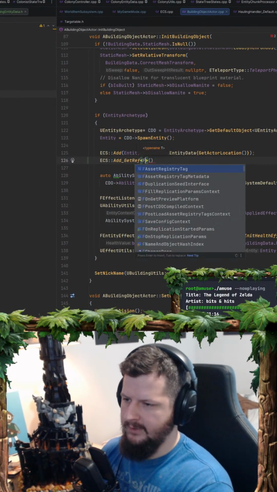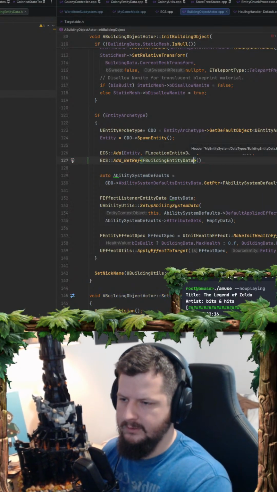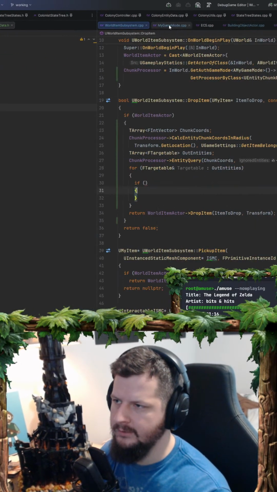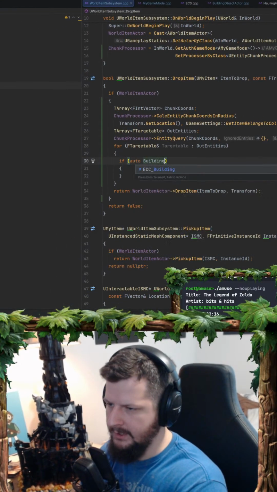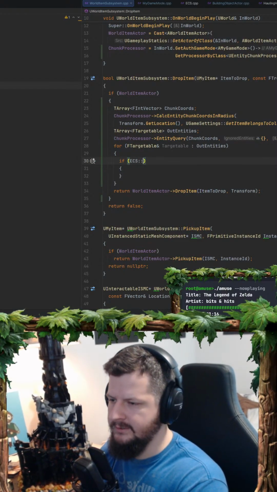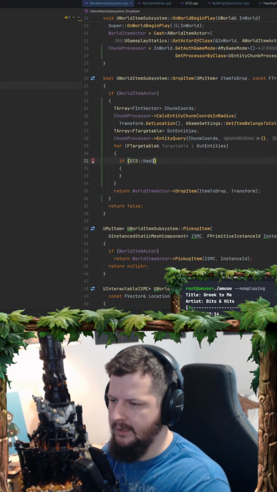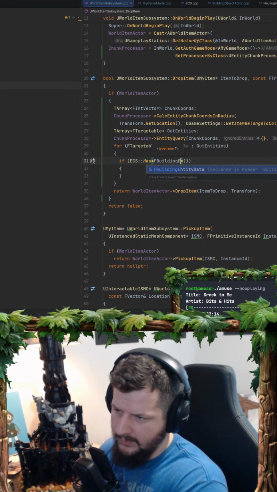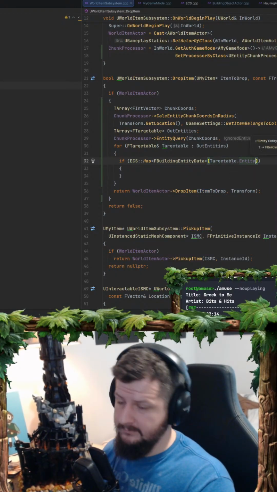Add get ref FBuildingEntityData for this entity on the builder, and then we're all good there. So what we need to do here is now if auto building data equals ECS, or no, we can just do the ECS has data because that's going to be a tag, so we're not even going to actually have that. I forgot I changed it to super short, so FBuildingEntityData for targetable dot entity. So if it is